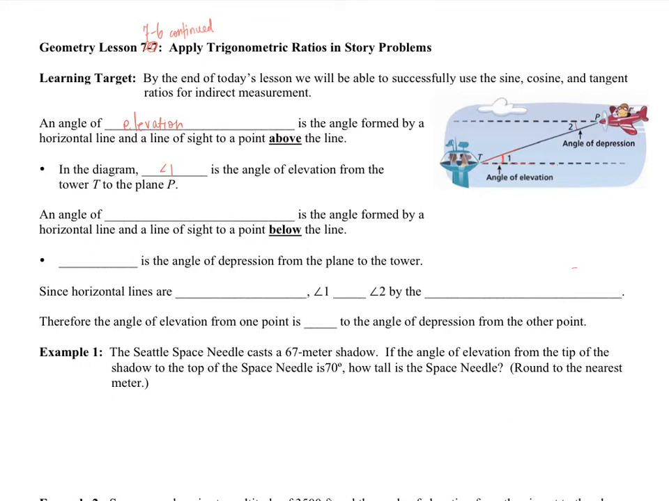An angle of depression, which is just the opposite, is the angle formed by the horizontal line, so this one, and a line of sight to the point below the line. So below the line, so angle 2 here will be the angle of depression from the plane to the tower. Since horizontal lines are parallel,